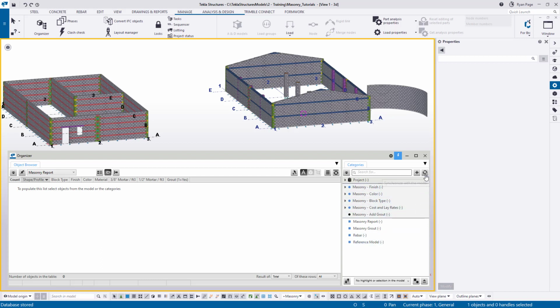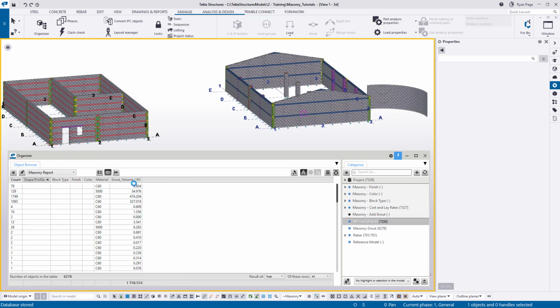Now, when we first open the organizer, what we need to do is sync it. The organizer reads the objects in the model into every object, including the reinforcement and embeds and seats and anything else that you choose to create. The filters will identify these using criteria that is either predetermined in the default filters or criteria you specify and filters you create yourself. Depending on the number of objects inside the model, syncing time may vary, but once syncing is complete, we can now select our categories and then view the objects contained within in our object browser on